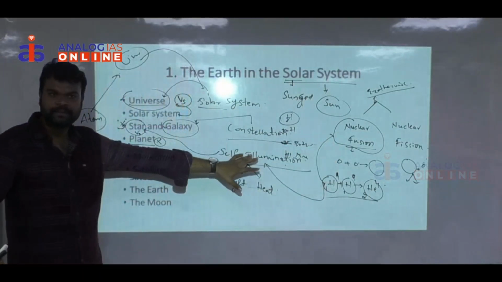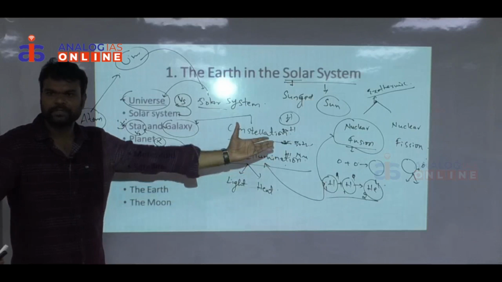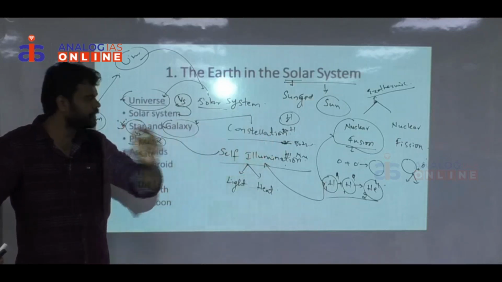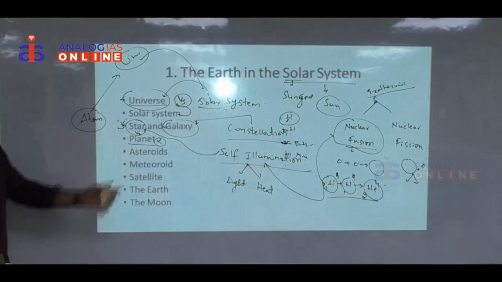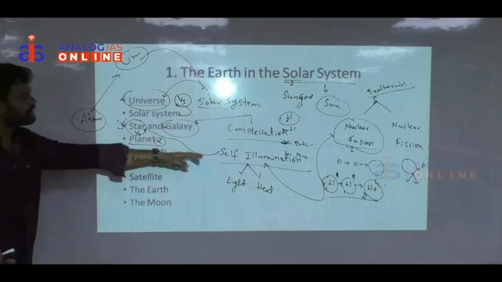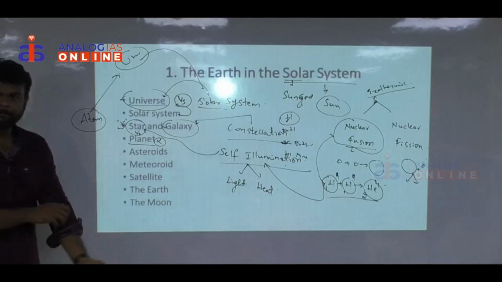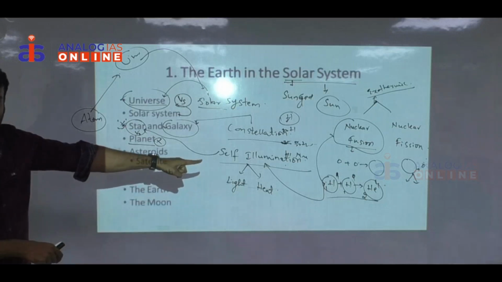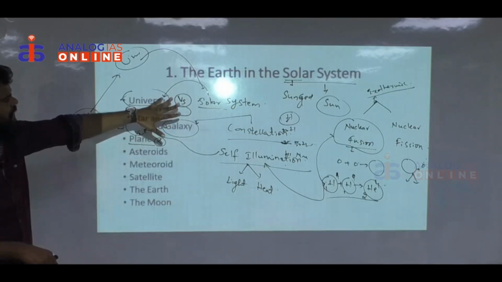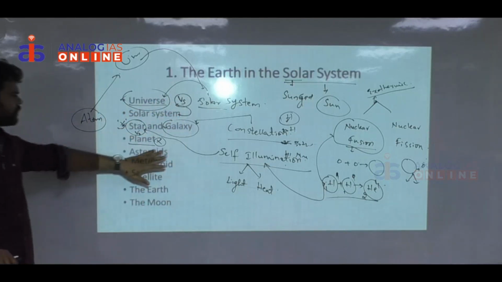Is that clear so far? Any doubt? Nuclear fission is the principle we generally use in our so-called nuclear reactors, wherein uranium element is bombarded with neutrons so that we get the energy from there. That is a different aspect altogether. So when it comes to the star and planet, planets do not have this capacity unlike the stars. So based on this, can I say that stars will have a lifespan? Do you agree with me? If the composition gets over, the lifespan of the current sun is about 5 billion years approximately. Then after that you cannot find the sun. Is that clear so far?